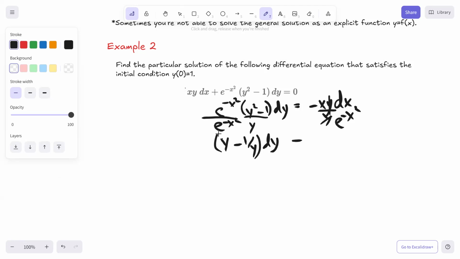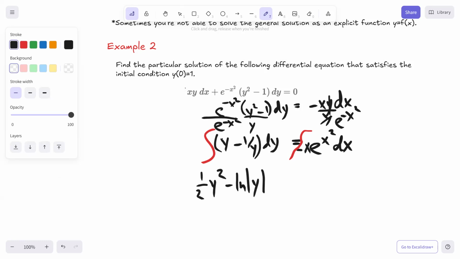And then if I divide by the e to the negative x squared, since the exponent there is negative, I can rewrite that as e to the x squared dx. And we have the x there and the negative. Can't forget about those. So now we will integrate both sides. So integrate this side, integrate that side. And so you'd have 1/2 y squared minus natural log absolute value of y equals negative 1/2 e to the